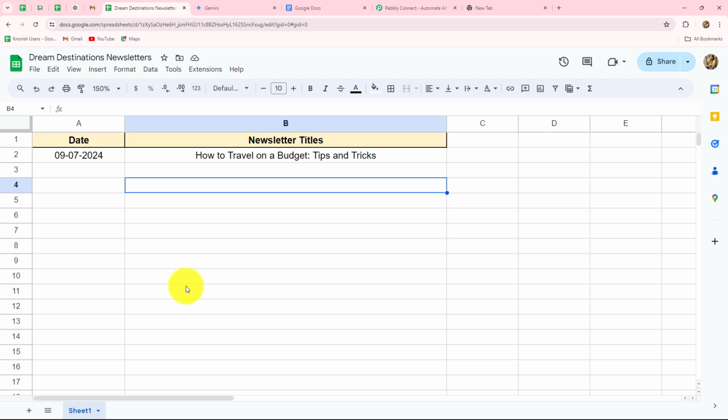So as I told you, I am managing a marketing team for a travel agency where the regular task is to generate newsletters and send them to multiple subscribers. But doing this process manually every time is a time consuming and challenging task. Therefore, I have decided to use automation for this. Okay, so now I want that as soon as I add a new title along with a new date in my spreadsheet which I have created for Dream Destination newsletters, Dream Destinations being the name of my travel agency,